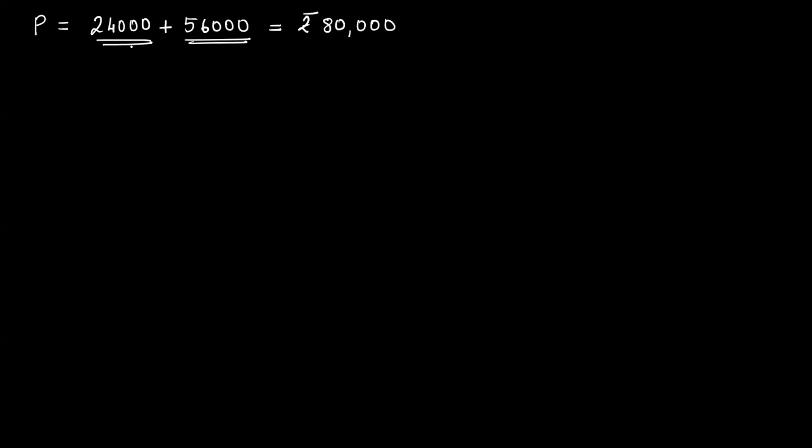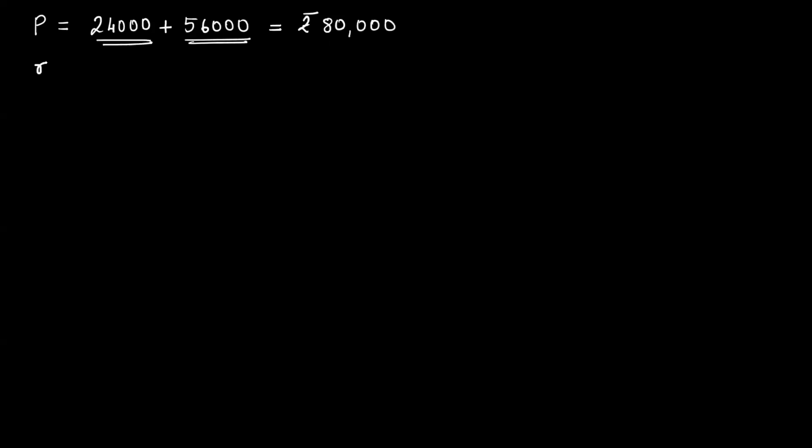So let us start with P. How much money is he putting in? 24,000. This was already there at the beginning. After that, is he adding anything to this? Yes, sir, 56,000. So can I say we are adding 56,000? So how much is the total? 80,000. This is the principal. Already this was there, this got added. So total 80,000.